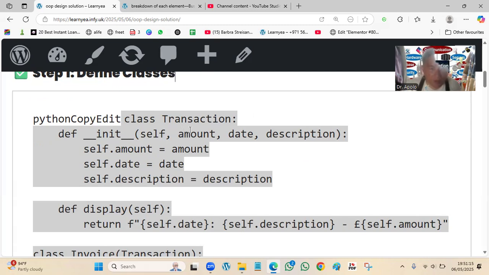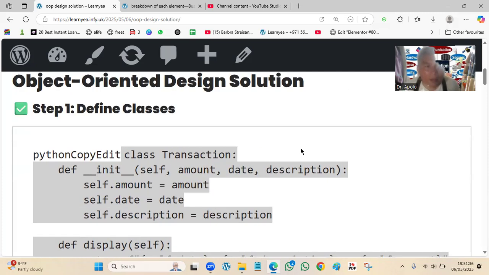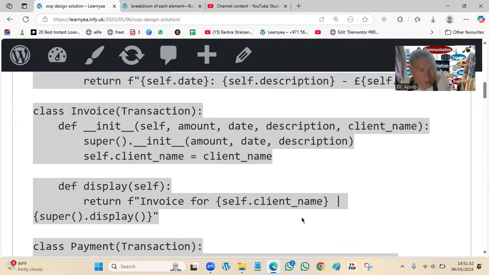So you have to define this object; it has a method and then it has an action. Okay, the method and action. Defining display, no? These are the definitions. This will later be accessed. So just take note of this declaration because this is Python. When you go to Python, this is what you know. And then Invoice is now a class, a Transaction. So it has the definition self, amount, date, description, client. So when we access this one, it has an amount, date, description.